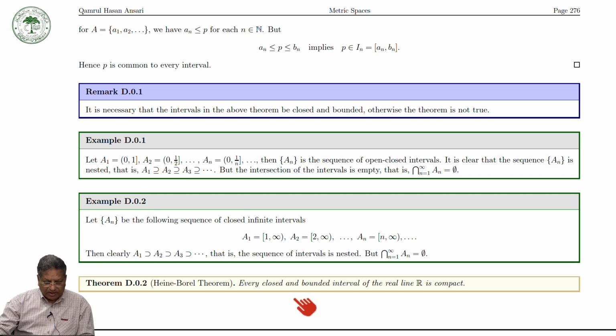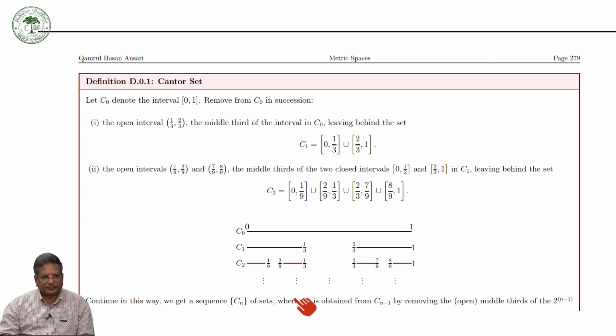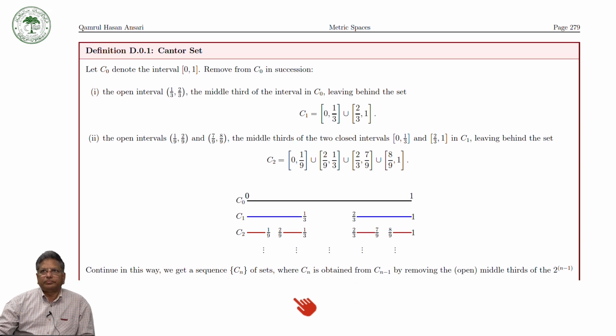And then finally we have the Heine-Borel theorem, which says that every closed and bounded interval of the real line is compact. I am not going to prove it, I just mention it because we use the Heine-Borel theorem. Then finally, I would like to mention